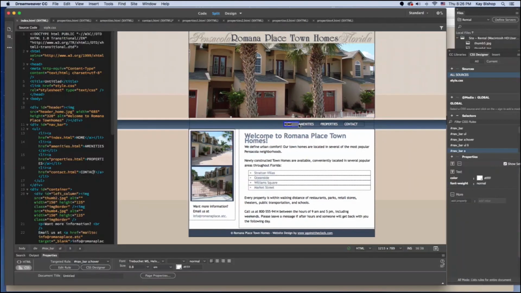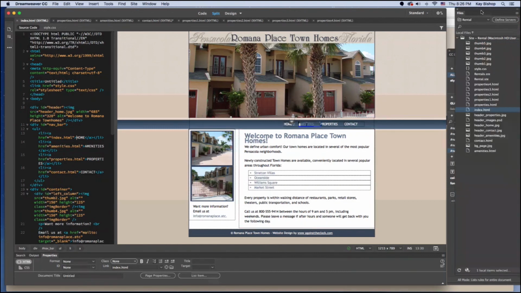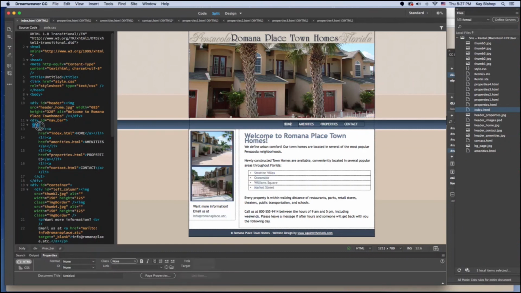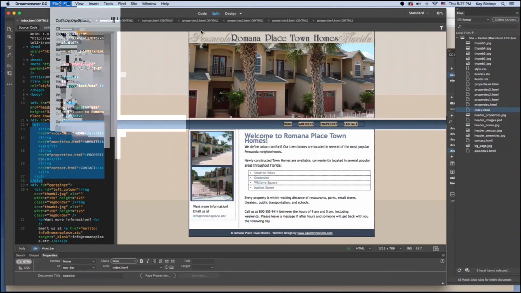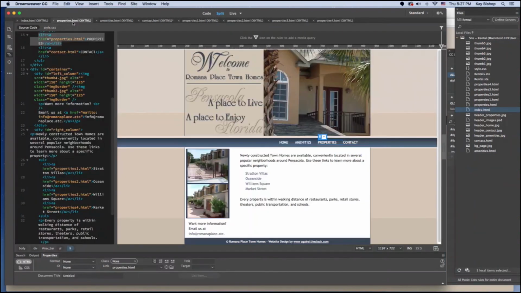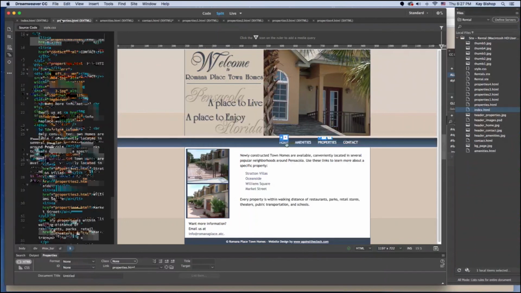Some shortcuts if you want to link all of your navigation pages. Instead of going to HTML in my properties panel and linking each one individually on every single page, you can copy the code. So if, for example, I'm on the index page, I click in the navigation area. In my source code, I can copy that unordered list code. Just go to Edit, Copy, and then I can open up my properties page or another page, go to my navigation element,